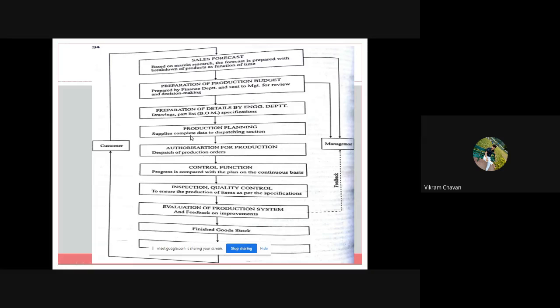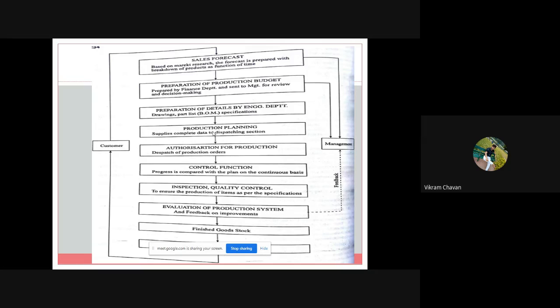This particular production planning activity begins as soon as the technical information is received from the engineering department. Once all the technical information is given by the engineering department to the production department, then this production planning phase will start. What activities are included in this particular production planning? That is nothing but